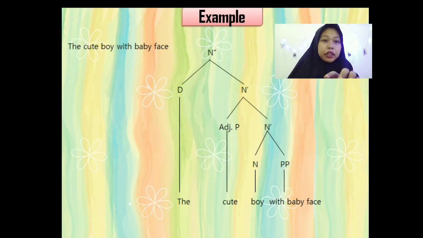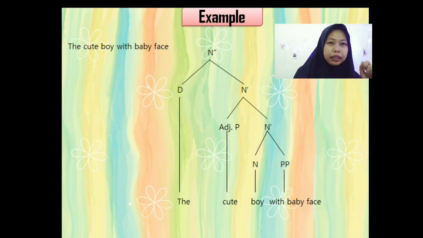To make you understand well about this noun phrase, I have an example of this noun phrase. You can see in the slide. There is a sentence, the cute boy with a baby face. Well, in this sentence or in this X-bar theory, I use N double bar as the symbol of this noun phrase, and the is symbolized with D as the determiner,